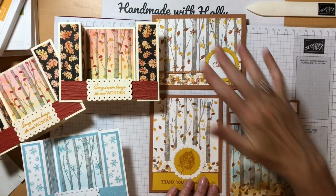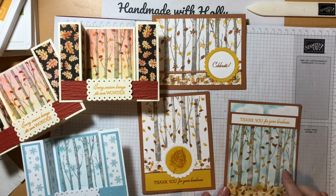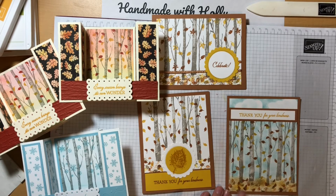And then I decided to start playing with the colored backgrounds. Where these are white, I thought I would try to bring in some color. So here I used a sponge dauber. So this is daubed on. Didn't use the blending brushes. Balmy blue for the sky. Down here I used some soft suede and I think some cinnamon cider to make the dirt for the ground